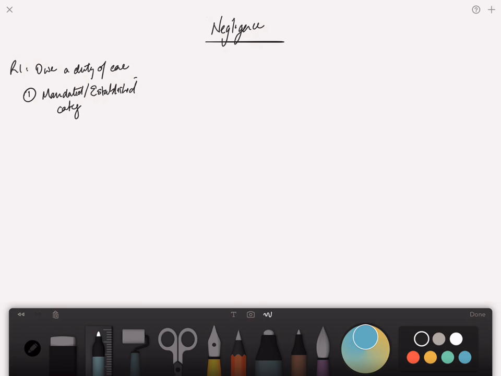category. And there were a list of these provided on slide 16. The second way is if we don't have an established category, then there is actually a two-stage test. The first stage involves reasonable foreseeability, and the second stage involves looking at the salient features of the case. And we'll remember that particular test is set out for us on slide 21 and extended in a couple of